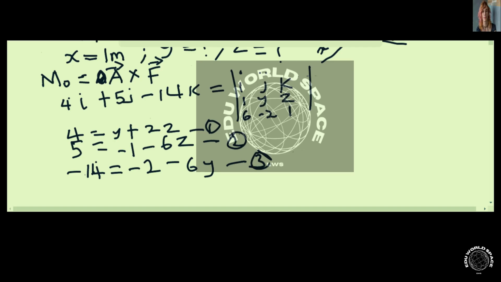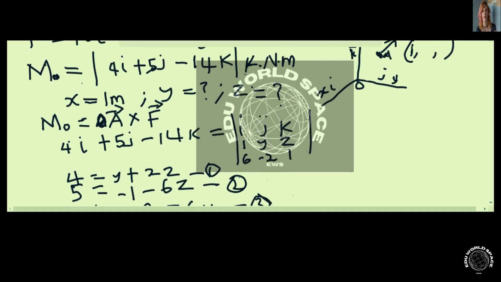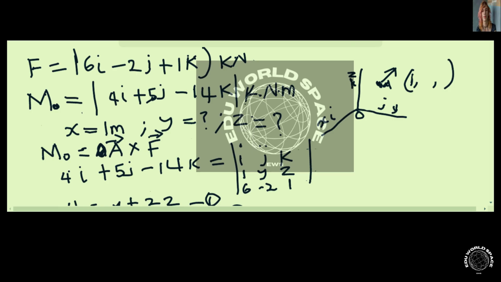When you solve this, you can try the determinant to get your equations, and you're going to arrive at y equal to 2 meters and z equal to 1 meter. So it's 1 meter high, 2 meters along the y-axis, and 1 meter along the x-axis. So this is 2, 1,